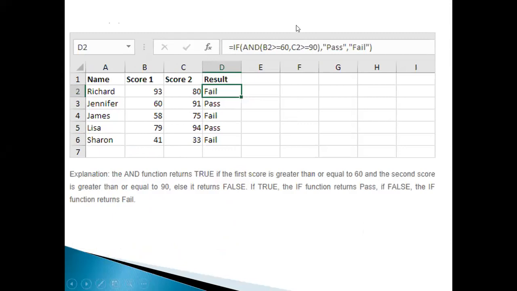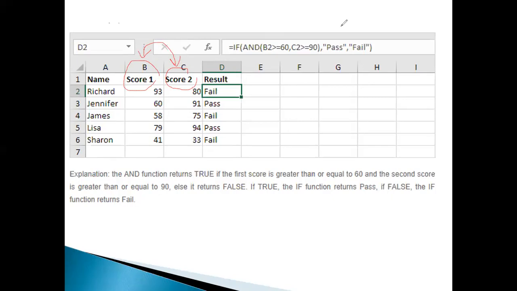This is score 1 and this is score 2, and based on these two scores combined, we should get the result, either pass or fail.